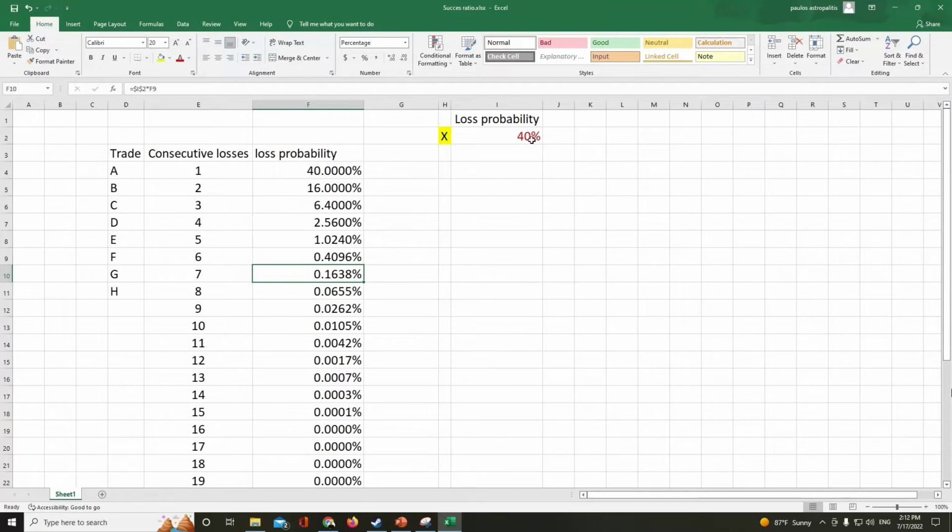Of course, we are measuring a probability of 40%. Well, this depends on your system. My winning probability ratio is approximately 39 to 40%, which means that the loss probability in my system is 60%. By experience, I can guarantee and I can tell you, I have never had 7 consecutive losses. Never. Actually, I think it was only once, but